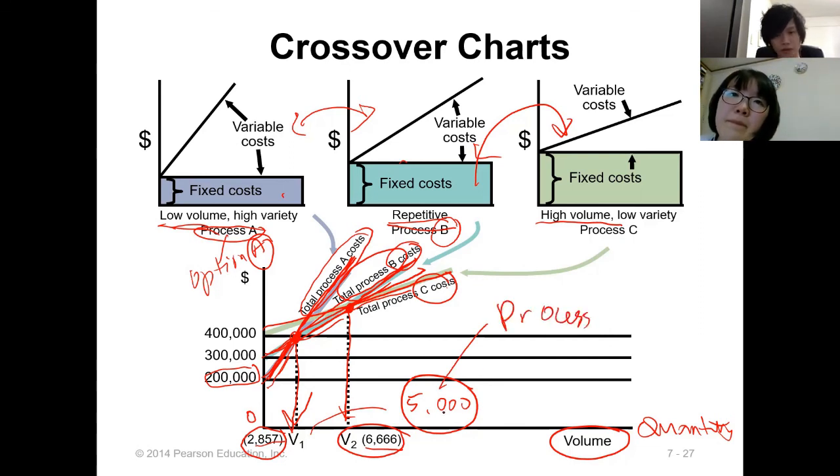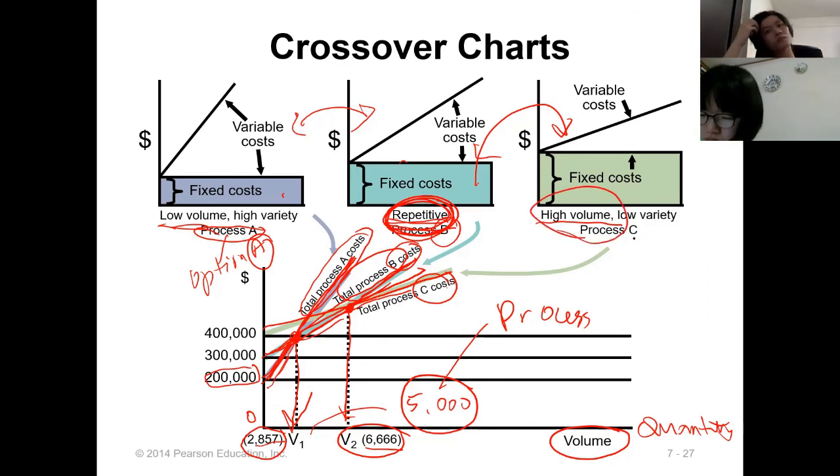So if suddenly the management decides that we're going to target 5,000, we're going to produce 5,000, then we should design a repetitive process. It's not feasible for high volume or product focus,